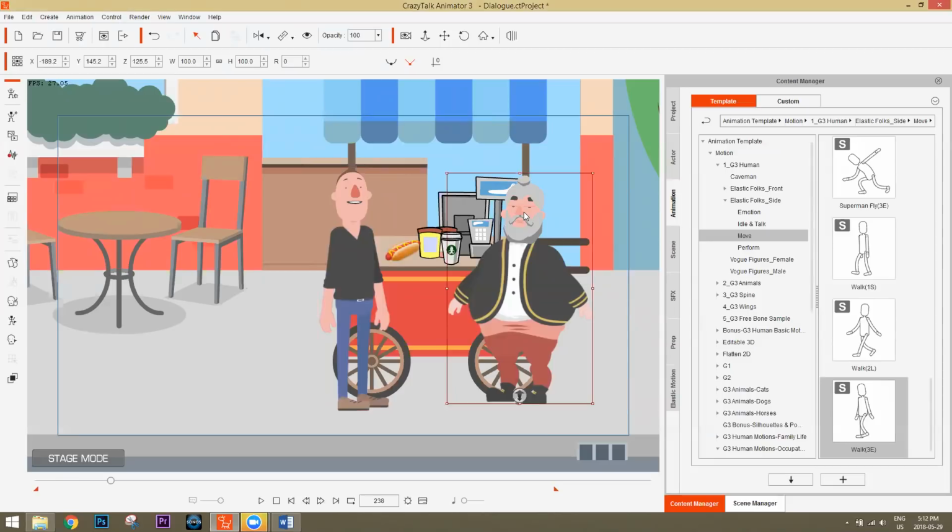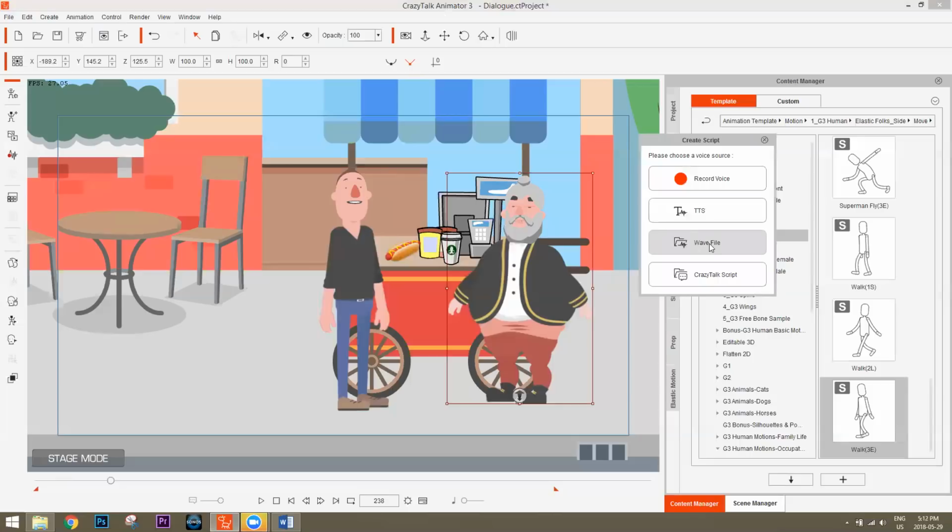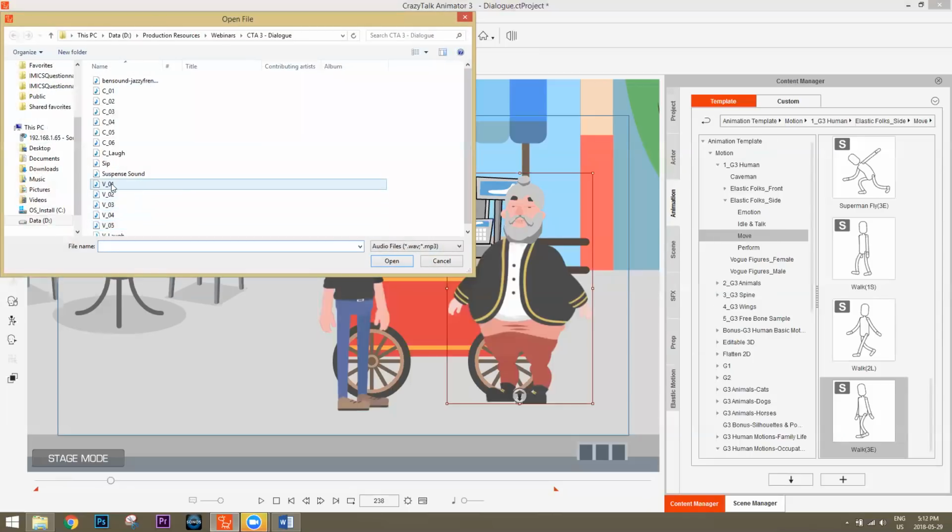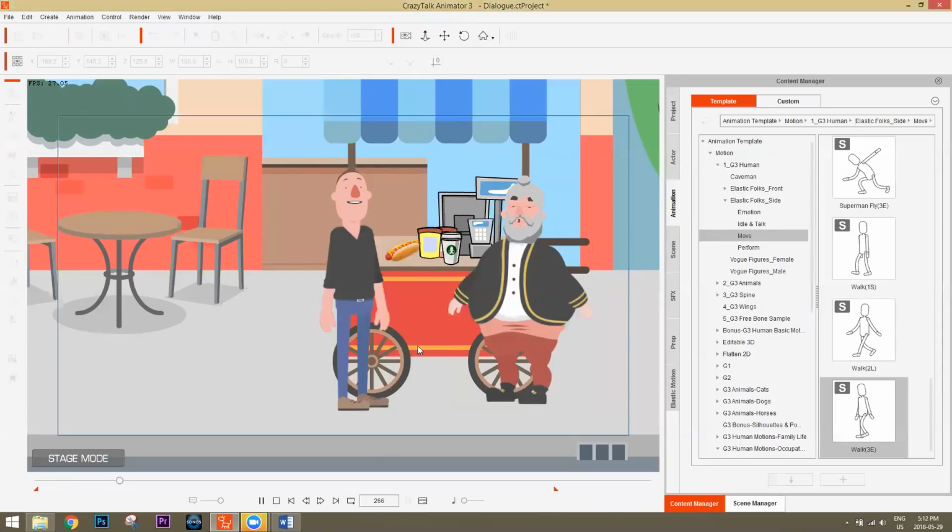You can always adjust the timing later, and then we're going to have the hot dog vendor's response. So this is what I mentioned earlier. I like to just put in the audio files first, okay? So I'm just going to do it back and forth between each character. So for the vendor, select the wave file, V1. Greetings, weary traveler. Alas, to be one with everything takes years of deep meditation. Okay, and then maybe a few frames ahead again. Okay, and select our other character.